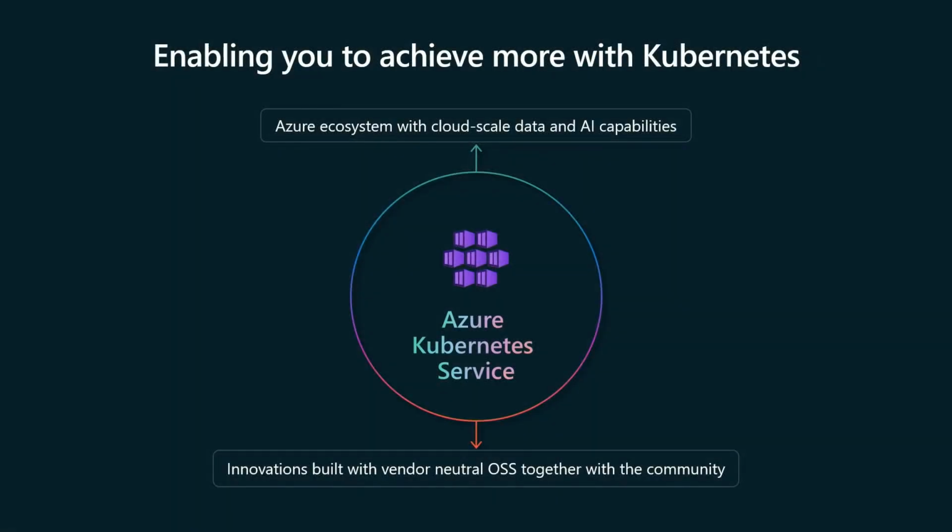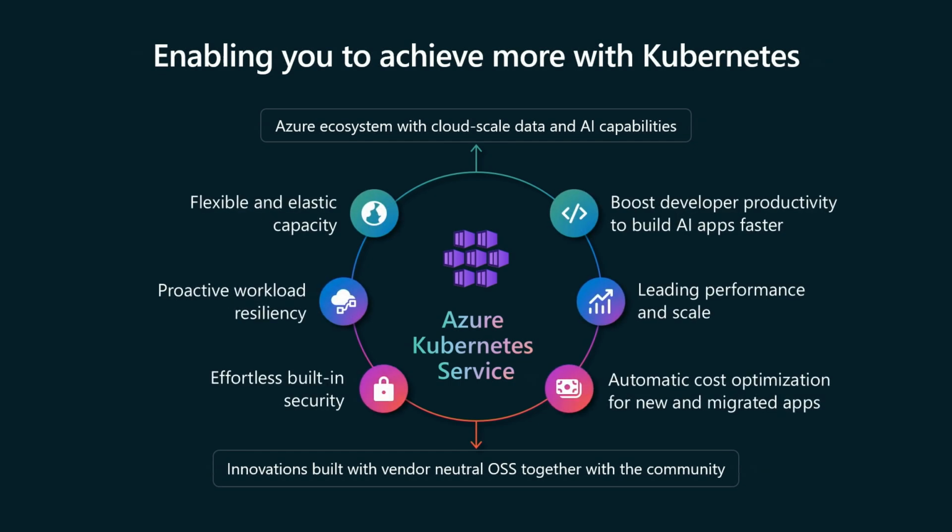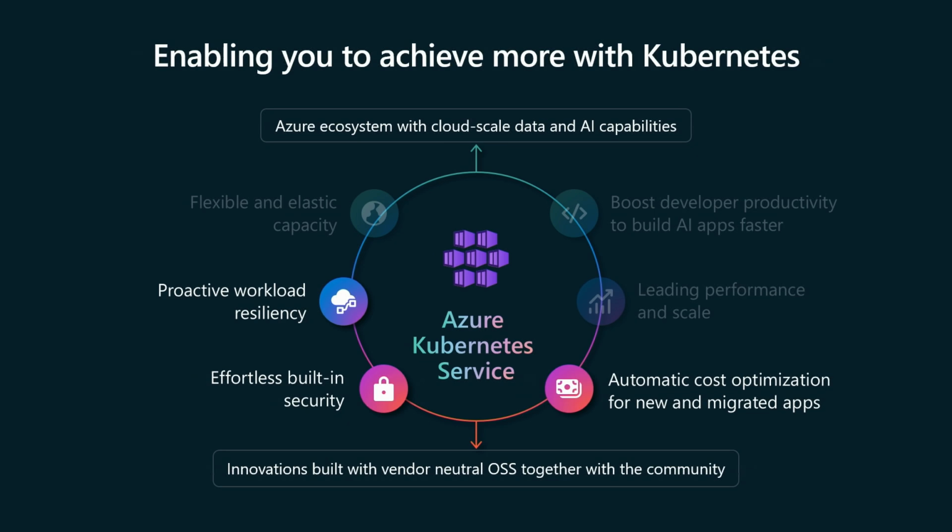All right, super cool. So I think it's really awesome how we're seeing BMW do that. And we're really about enabling you to do more with Kubernetes, just like BMW did, both by providing innovation in the open source communities and also providing the Azure scale ecosystem and management that you expect. And we have all of these different pieces of the Azure Kubernetes Service, from elastic capacity, performance and scale, as well as security and developer productivity. And to give you a deeper dive into that, I'm going to ask George to take over, and he will focus on these ones here.